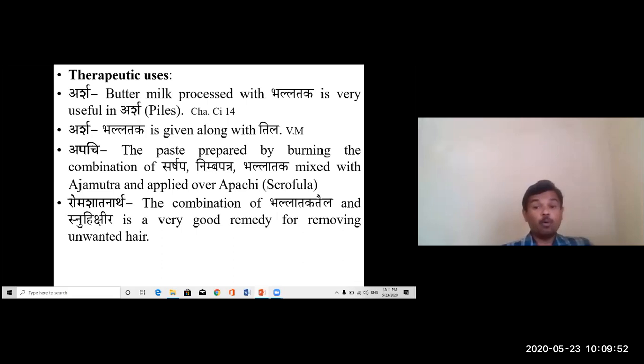You can mix both Ballataka Taila and Snuhi Kshira. Both are having Tikshna Guna. So you have to use this drug carefully, under the supervision of the physician. You have to use it in front of you only. You can advise the combination of Ballataka Taila and Snuhi Kshira. First you assess the Prakriti, then you can use this drug. The dose must be less. You start with less quantity, then gradually you can increase the dose.